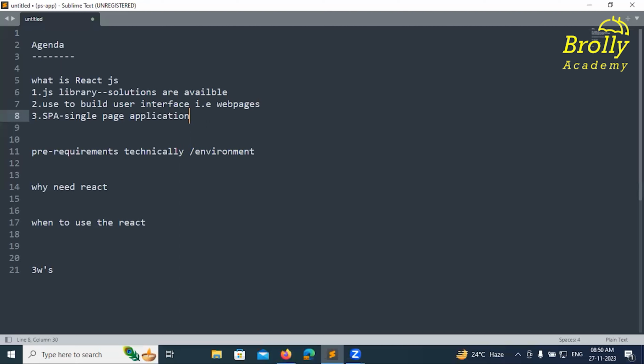When the user navigates from one page to another page, the browser has to remove all the references and the memory allocated for that page, and it has to allocate the resources for the new page. Again, the user is navigating back and forth from the XYZ page to the ABC page. Every time the browser has to clear all the resources and allocate them to the new page, which is a burden on the